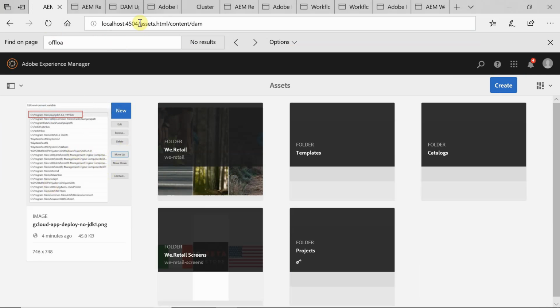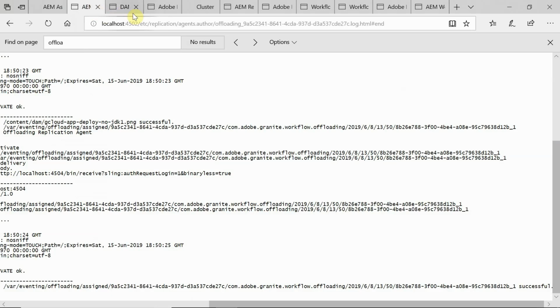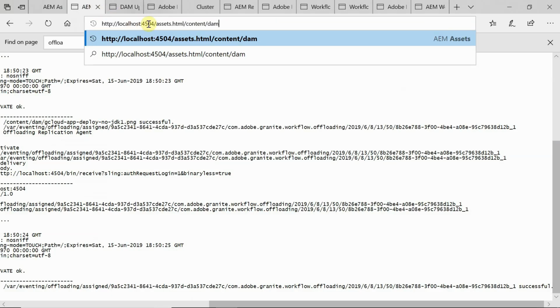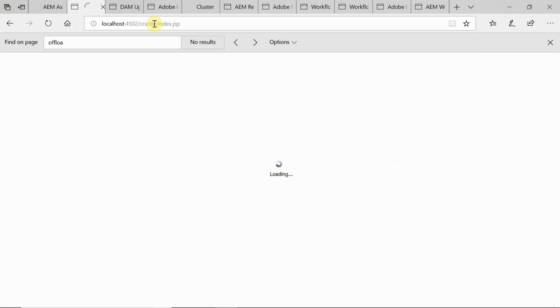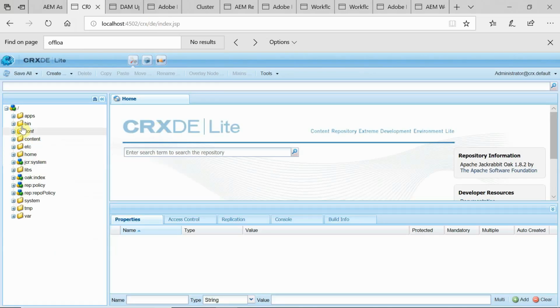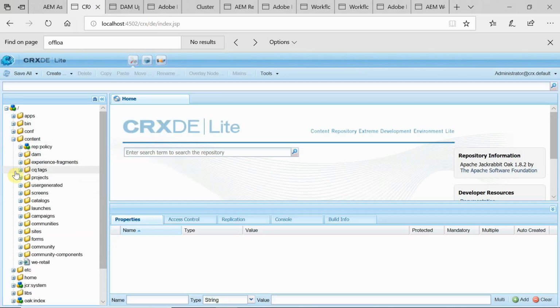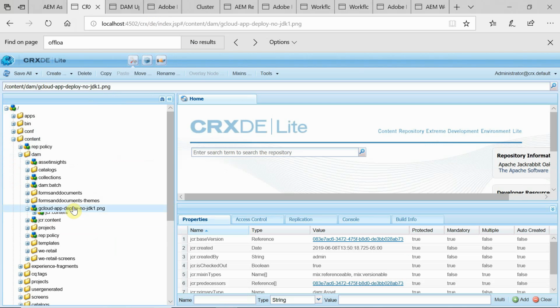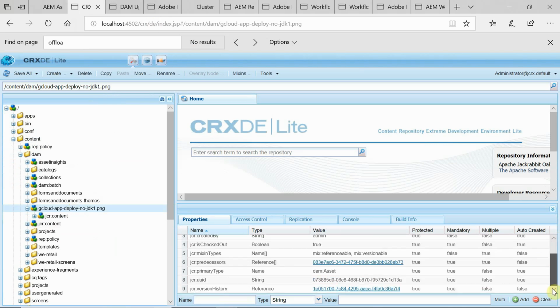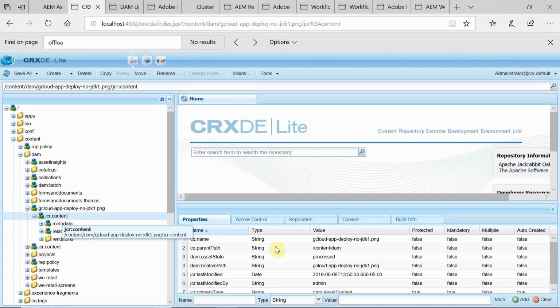One more thing I need to do is check in the CRXDE console how this asset data is looking. So let me go into master. If I go to this content, go inside DAM, you can see here that image with all the basic details. Then go inside the JCR content. You see here asset state processed.